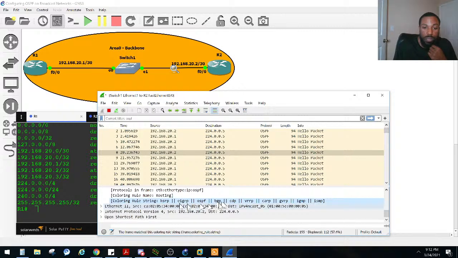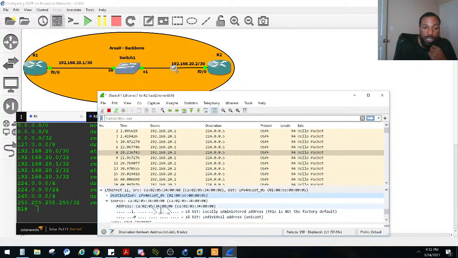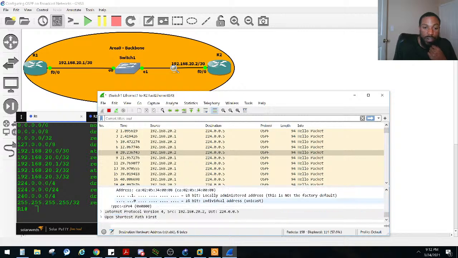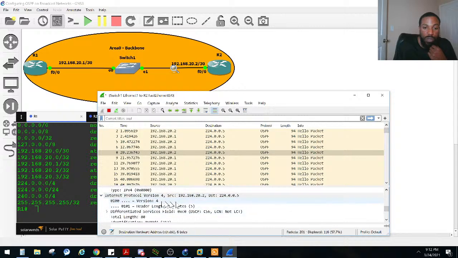Coloring rule string. Here's where it came from. No, that's the destination. So source. This is layer 2 stuff right here. Layer 2. I wanted to see layer 3 right there. Here it is, right there. So source. This packet came from 20.2. So this was a packet going from there to there. Right? Destination was